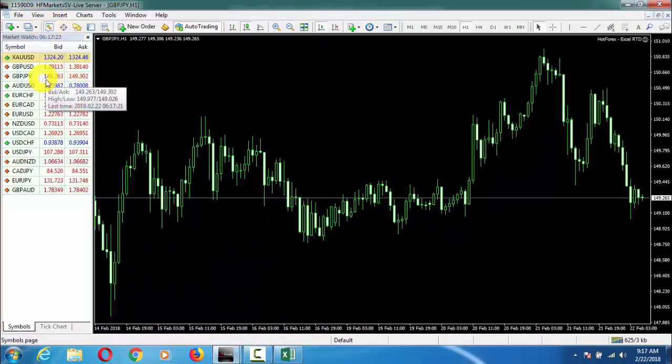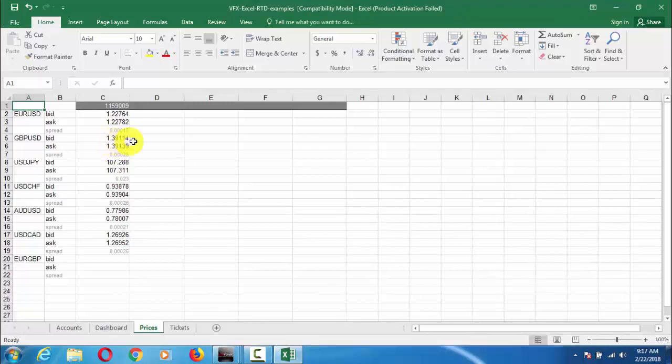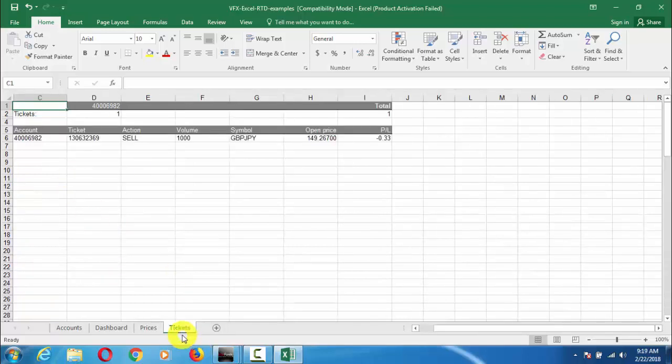So now GBPUSD is 1.3911. Okay, so here it is also 1.3911. So it means our Excel RTD example file is now attached to our MT4. And now in the tickets tab, if you have opened any trade, we can get our account information, ticket